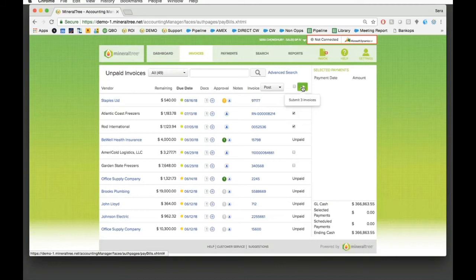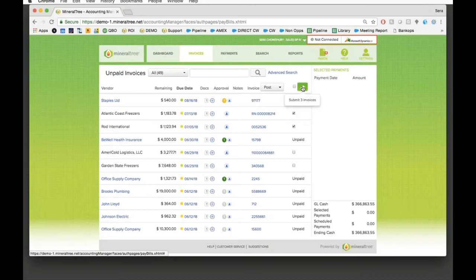So a few things here. We do have that check against the vendors. We do have the ability to add multiple approval layers. We do have the segregation of duties, so it's at least 2 people signing off on bills before they ever get paid. And we do have the PO matching to make sure that everything is lining up in terms of amount. But with MineralTree specifically, because those are features that are important in any AP automation tool, with us specifically,